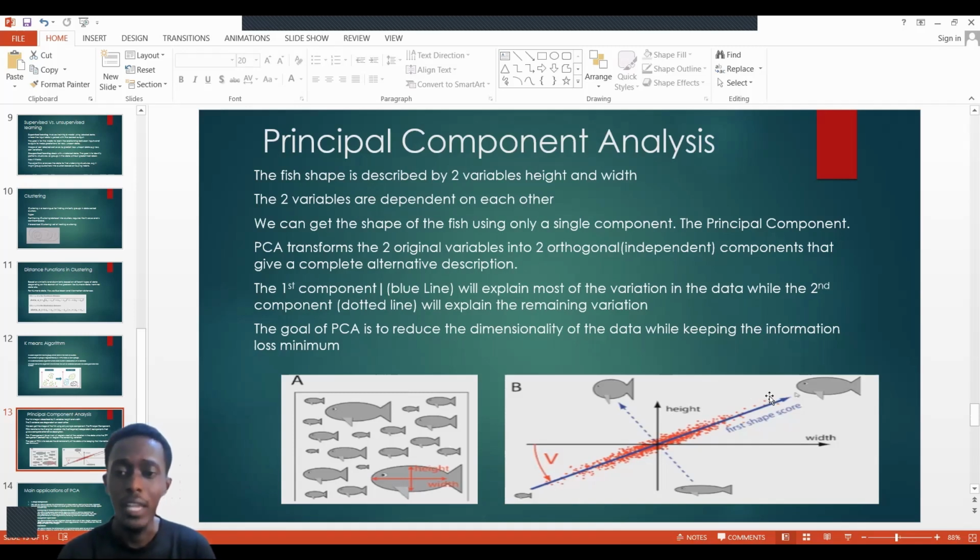So you realize that when I draw an orthogonal line, as you can see, this first one, the blue one, most data points lie along it. So it caters for the main variance in the data. Then the dotted line caters for the remaining variation. So the goal of PCA is to reduce the dimensionality of the data while keeping the information loss minimal. That's why